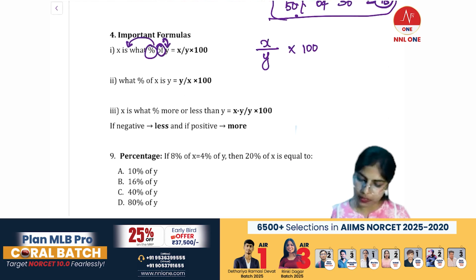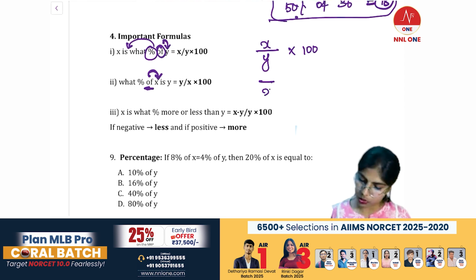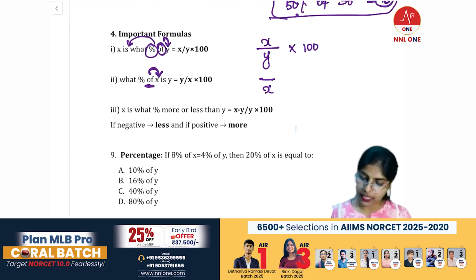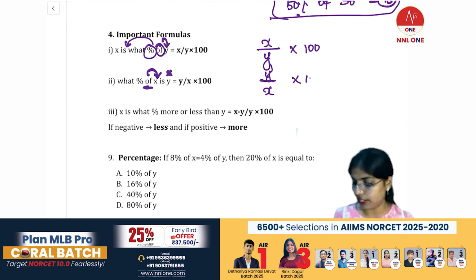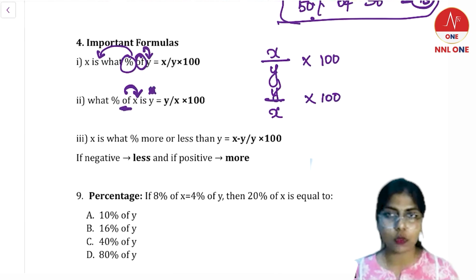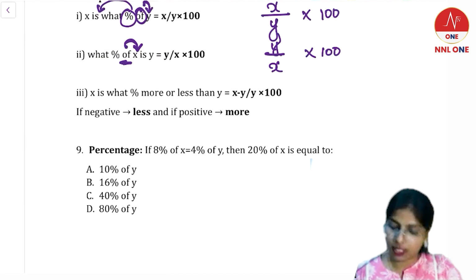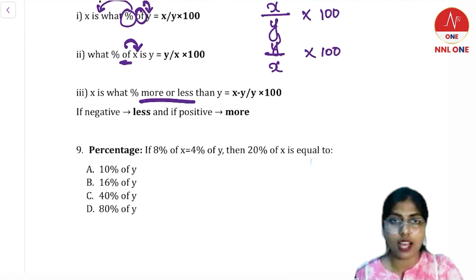The same, what percentage of X is Y. Always keep in mind the term which is next to "of" should come in the denominator. So here, next to "of", X is coming in the denominator and the remaining variable is Y. So Y into 100. There are two sequences of formulas here. The first one is the common formula, while for the second one you have to apply some other techniques. The third formula you have to keep in mind